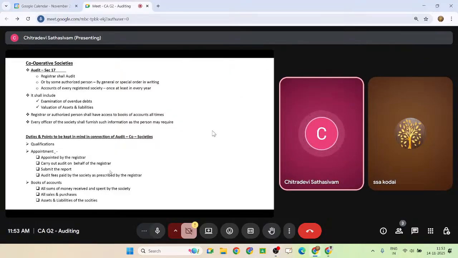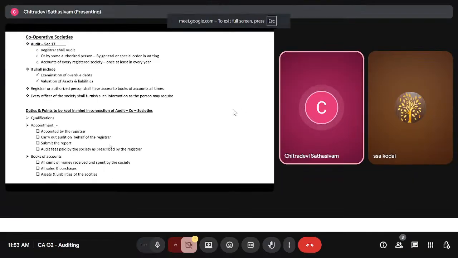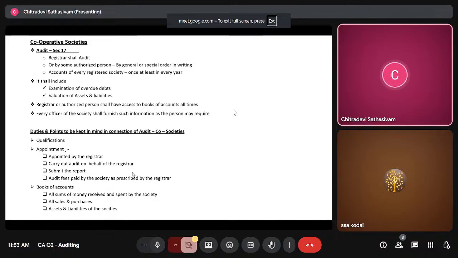Now, cooperative societies. First of all, what is this society actually? Basically, like in Tamil Nadu, we have the societies, which, if you go to this CAG2 and all, they will say that these are the salaries of the society. Everything, they do have a separate statute act for these things. And just like the Companies Act, for them also they have to follow this act, which is called the bylaws.